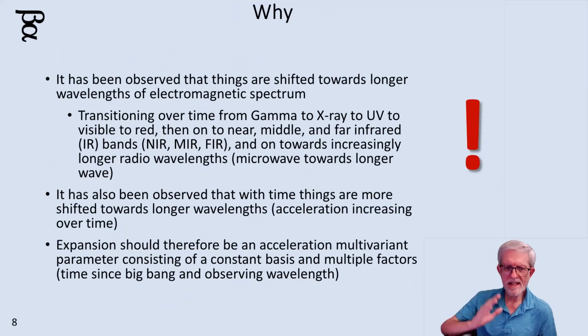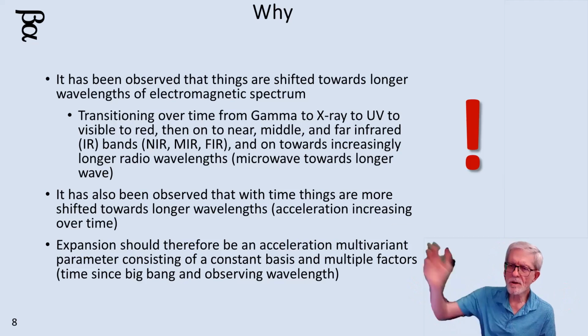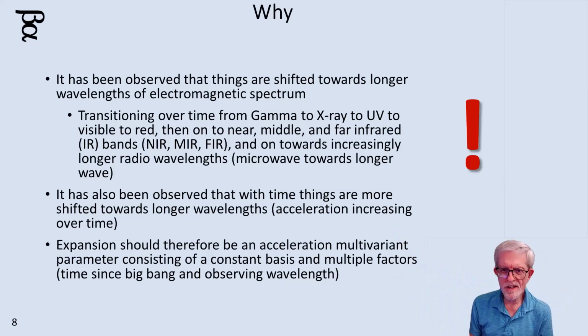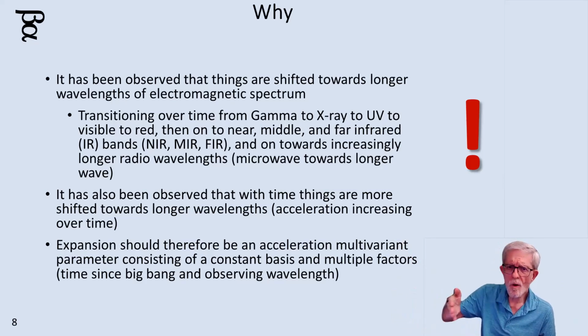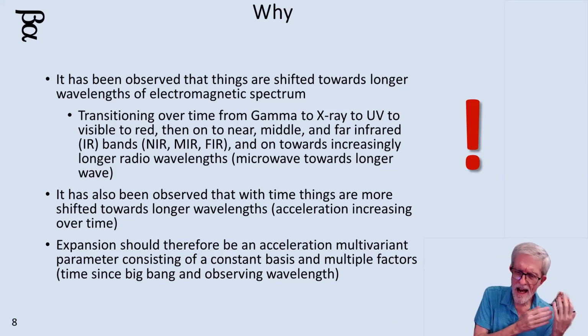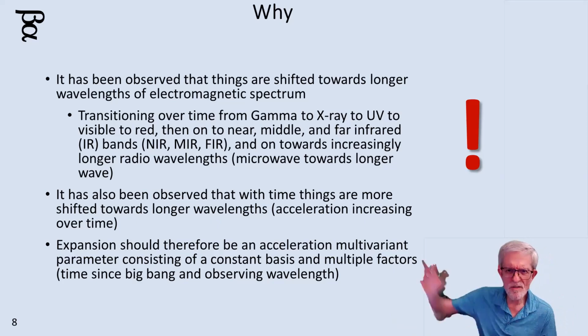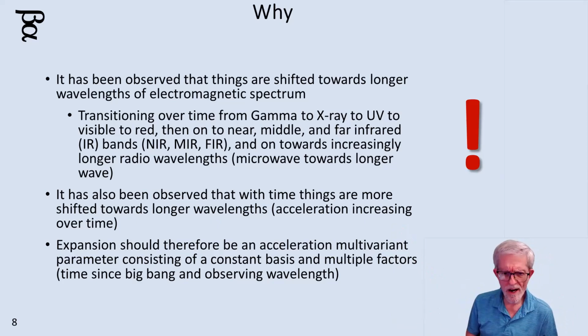As we observe things, as observations have improved, as the instruments have improved, we get things tighter. It's not fuzzy anymore. It's more specific values. But we've also seen that as you look out into the universe, things are shifted in wavelength. Things that might be visible are towards the red, or things that are red are towards infrared, or things that are infrared are towards microwave. And to me, that's a progression. And as the universe grows bigger, I don't see any reason why it can't go from microwaves down into longer radio